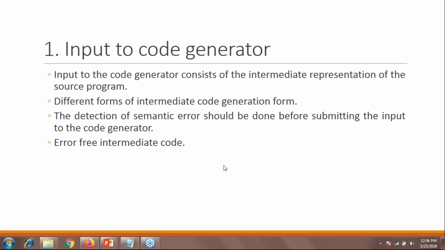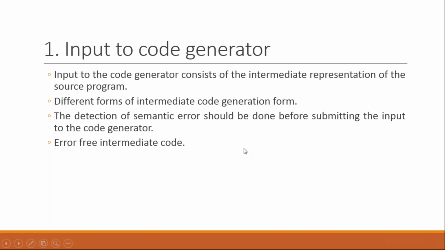If I give the input as a character and I want the output as an integer, that type of mismatch of data type or mismatch of input data is there, and that type of error cannot be known as good code generation, right? So error-free intermediate code is required as an input to the code generation phase, so we need to resolve that type of error before going to the code generation phase, right?